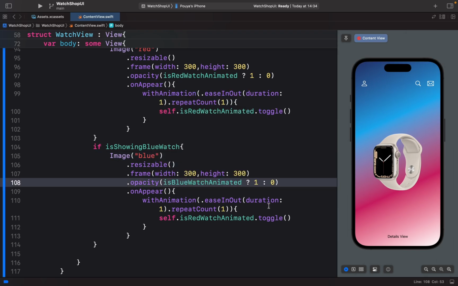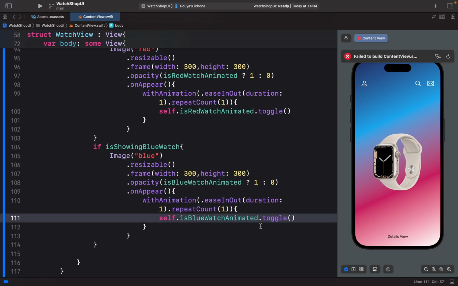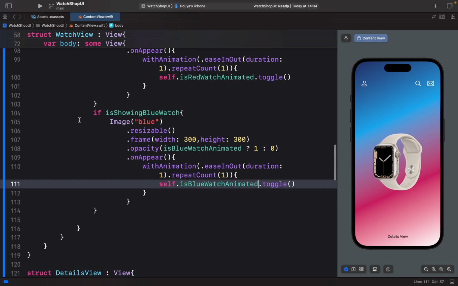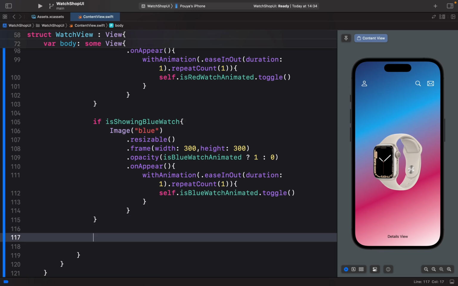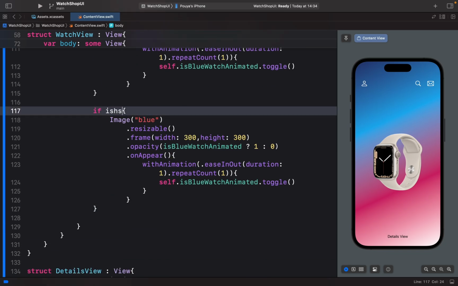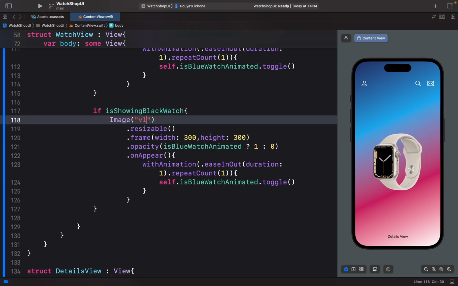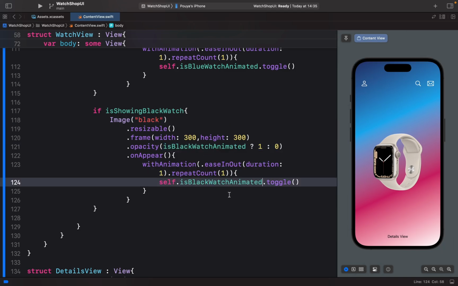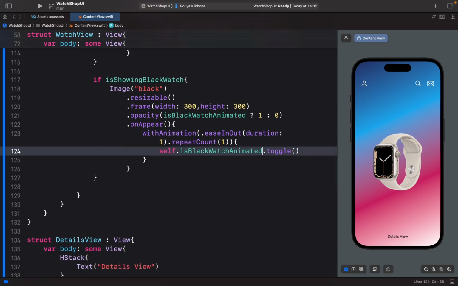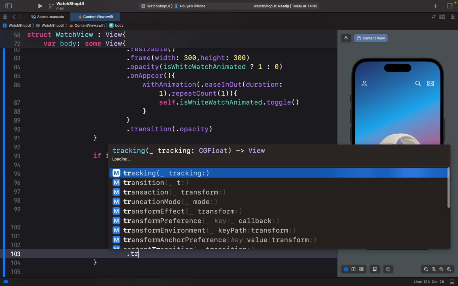Is blue watch animated, and here is blue watch animated target. So this is the one, and after that we have another if for the black. So I just copy and paste this one. So it's showing black watch. Yep, this is a black, and is black watch animated, and this is black. Okay. So after that, oh, I forgot to say the transition